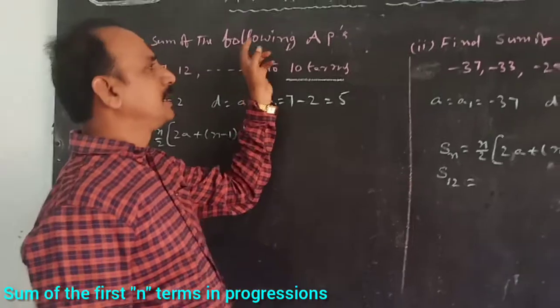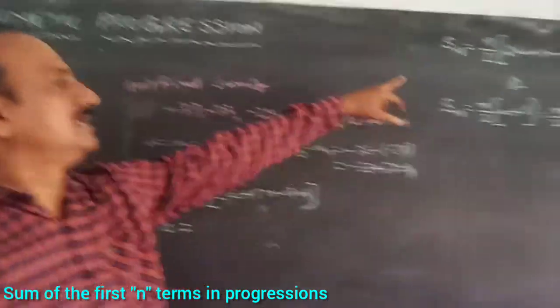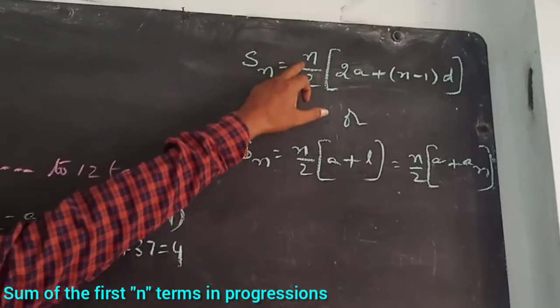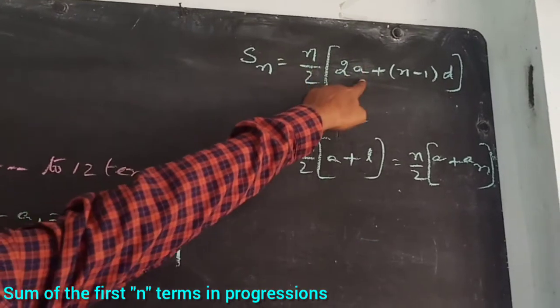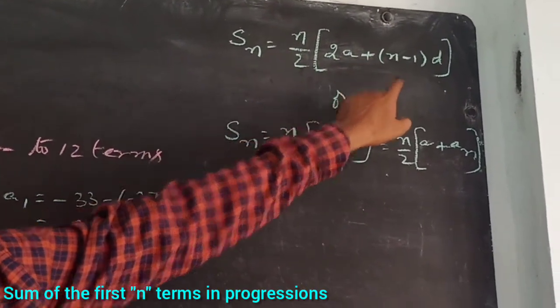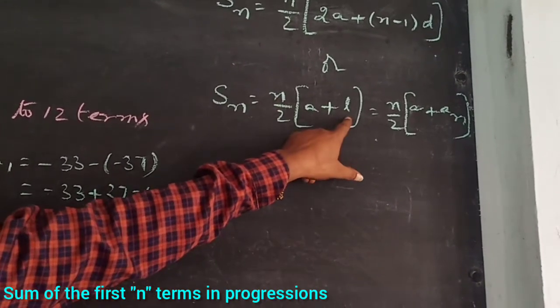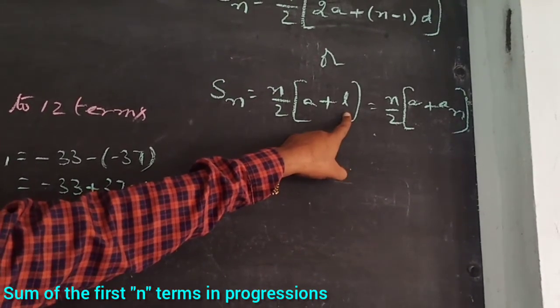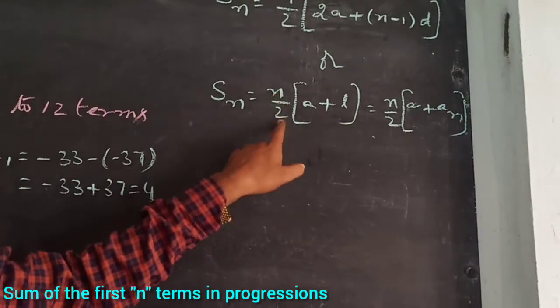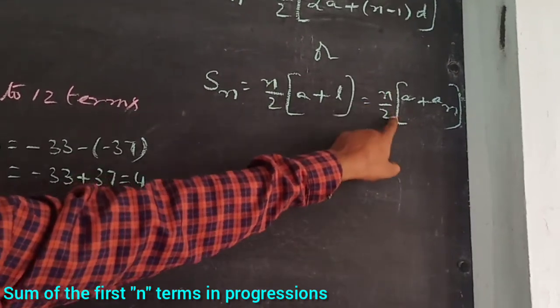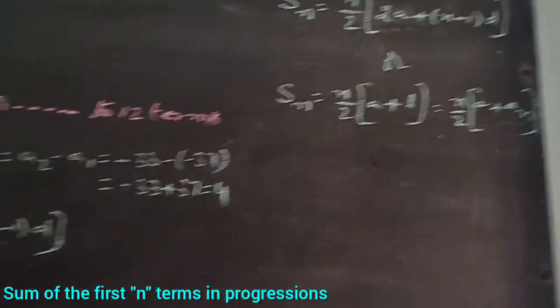Now, in arithmetic progression, the sum of the n terms is Sn equal to n by 2 into 2a plus n minus 1 into d, or Sn equal to n by 2 into a plus l, where you know that the last term is also denoted by n by 2 into a plus an. So here,